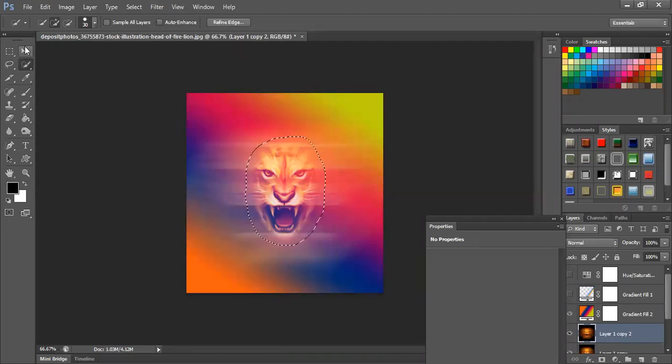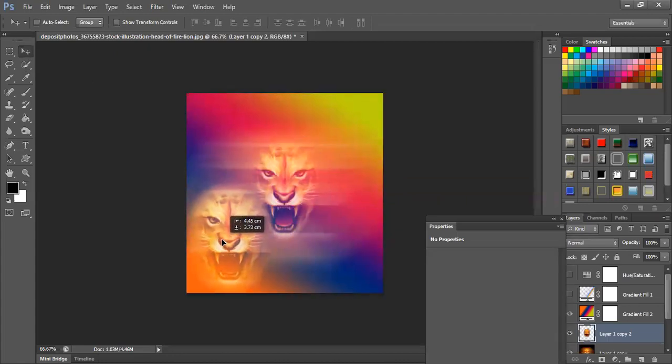Here you will not find a change, but when I actually remove the remaining area and move this, you will find a change. Can you see this? Only that certain area of the lion is selected. Now, to make this center line more prominent, I can reduce the fill of the second lion to give it a lighter effect. You can also reduce the opacity, that is also fine. Fill normally reduces the color, opacity gives you transparency. So I might go like this, or I might reduce the fill effect from here.